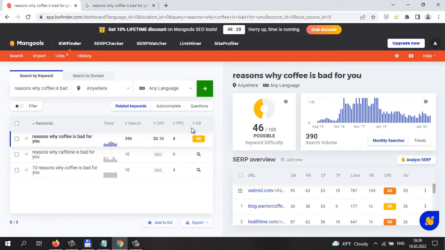As you can see here, this keyword is not so difficult, but still we need some keywords that are lower than 30.